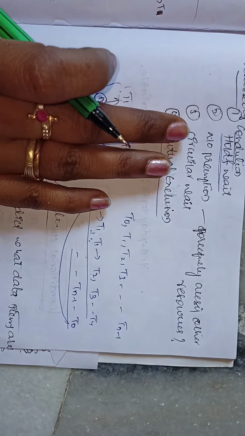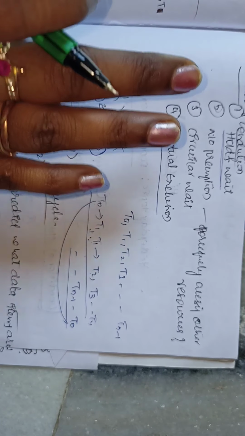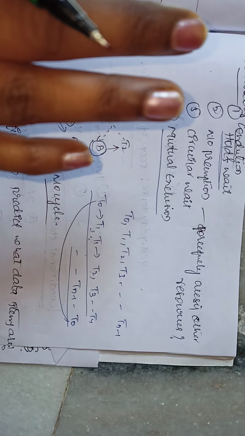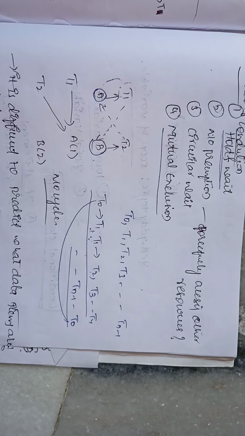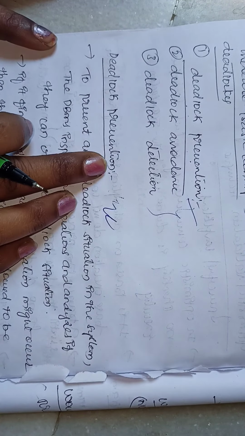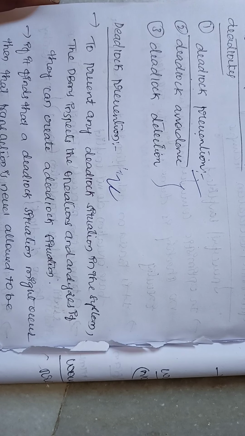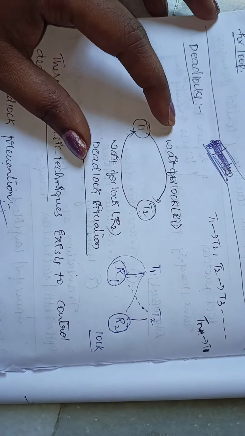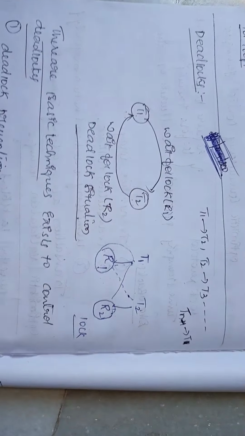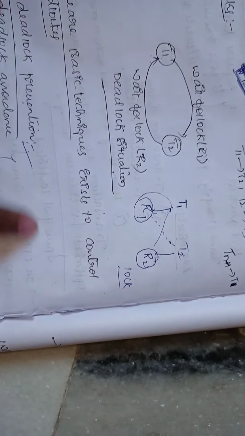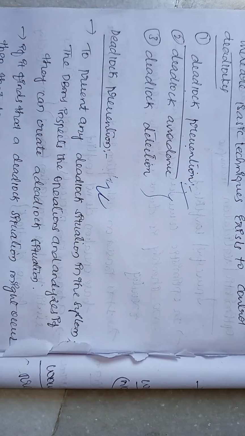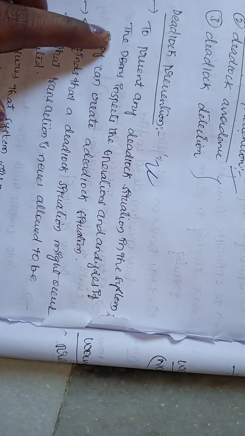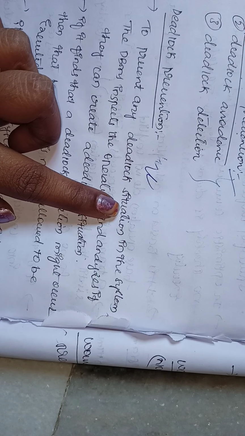Today our main topic is deadlock prevention: how to prevent deadlock in a transaction management system. Okay, and next we are moving to transaction deadlock prevention. Clear, girls? Once again, this is a definition I used to explain. These are the three basic methods to overcome the problem of deadlock, and these are the necessary conditions for deadlock. Among these three methods, we are going to learn about deadlock prevention. So let us read the points about prevention. To prevent any deadlock situation, listen carefully.